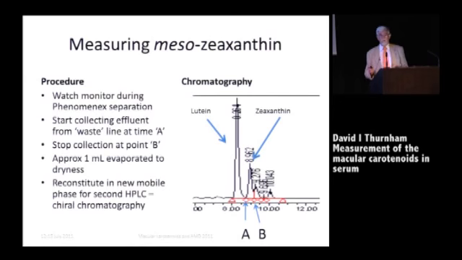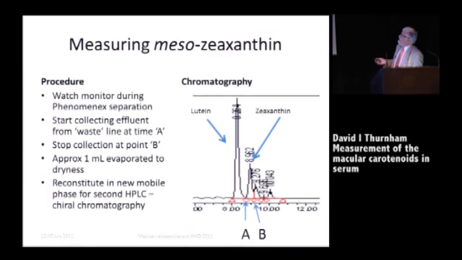Now, that is a very crude way of collecting the zeaxanthin fraction, because obviously what is happening at the waistline at the time point you're seeing here is not this particular situation. Some of the lutein is coming off at that time point. And likewise, when you stop here, some of the mesozeaxanthin will continue to elute after your collection. So you don't collect a complete fraction, and Katie described that very well yesterday. And we're looking at ways of improving that, but at the moment, that is our technique.